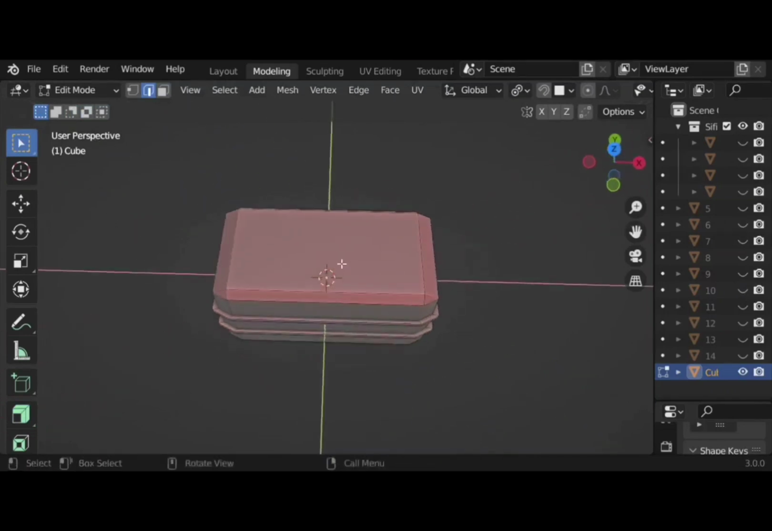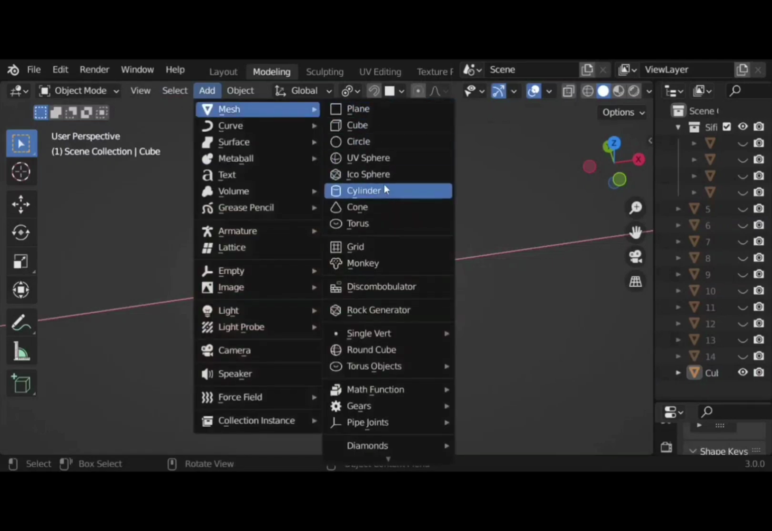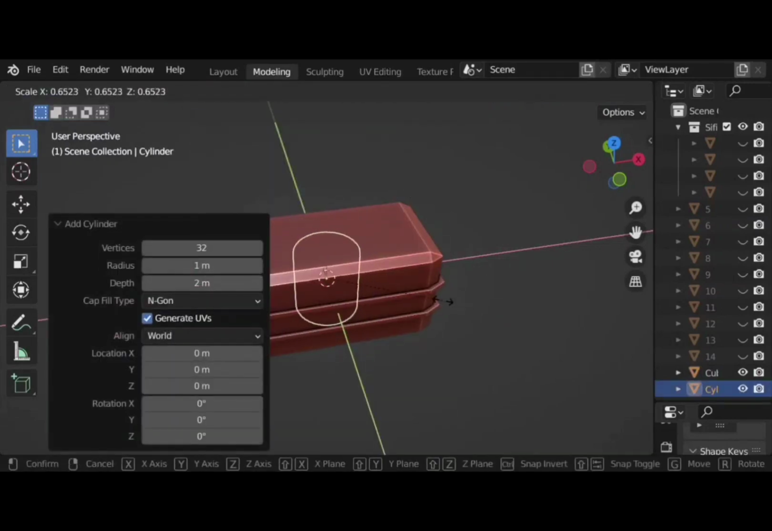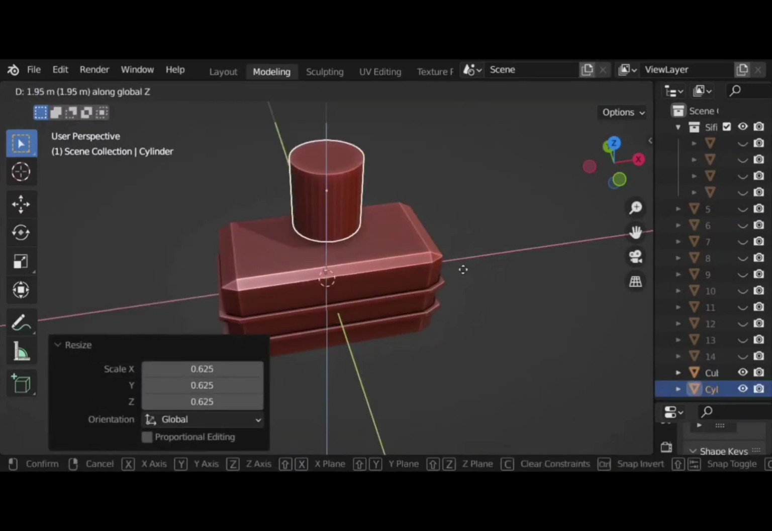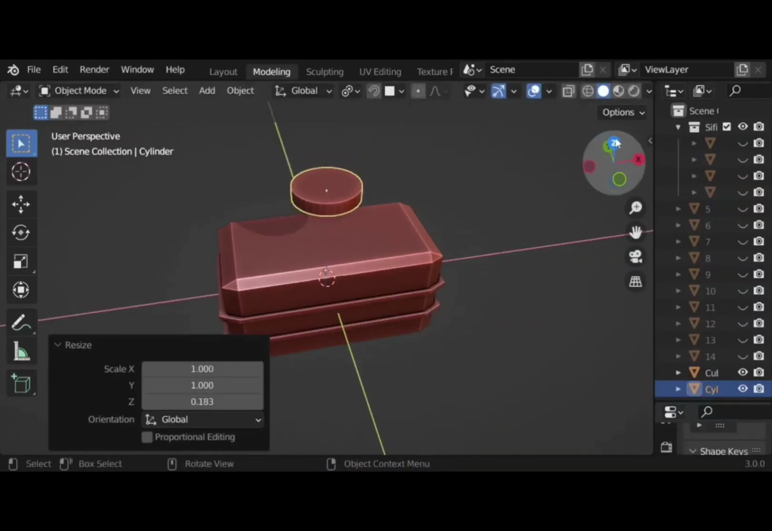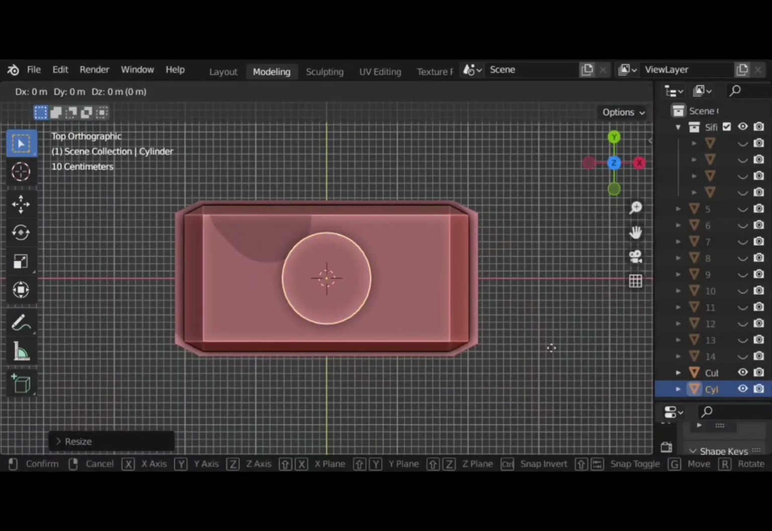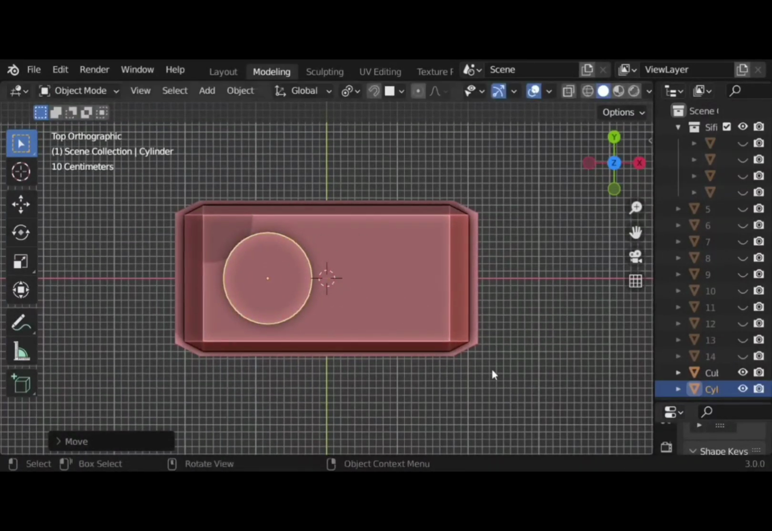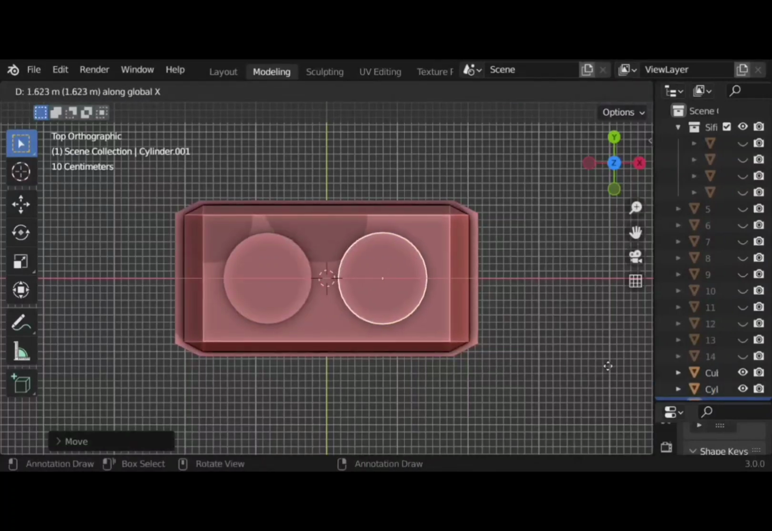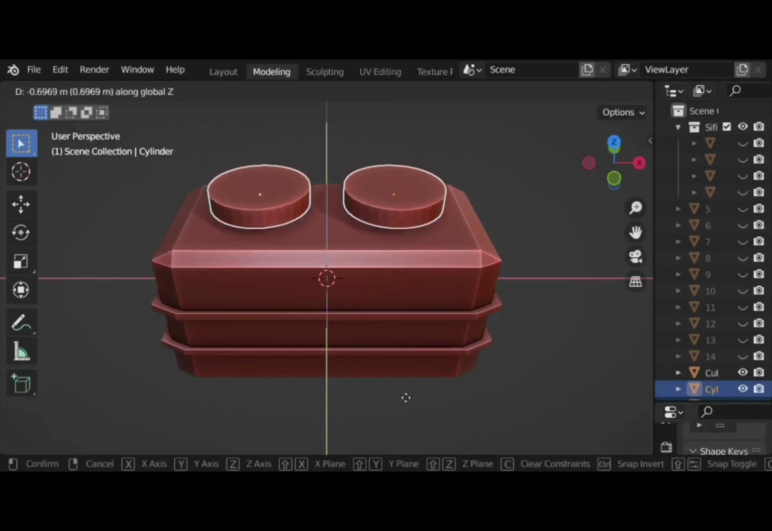Now let's add a cylinder in this. So we'll go to add mesh and cylinder. Just scale it down a little bit and move it upwards. Scale it down in Z axis and just bring it down. We can even scale it down a little bit, I guess. Okay, I think this is good. So we're going to duplicate it with Shift D, and now we are going to move it down with